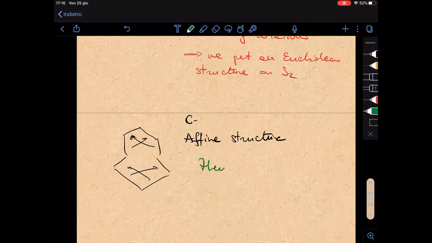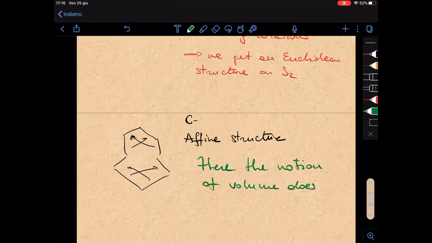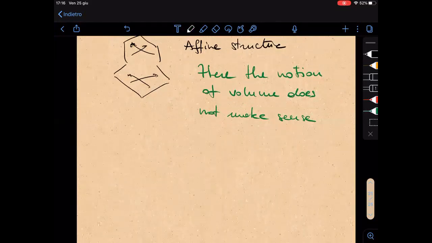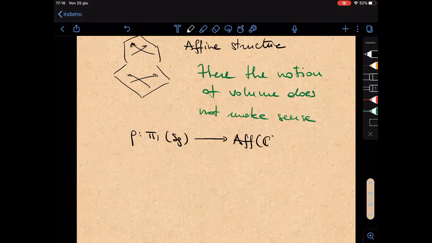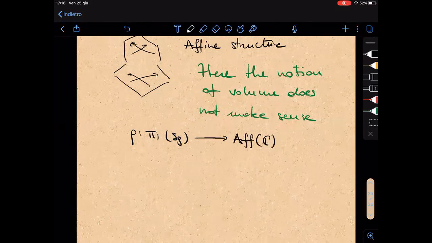So here the notion of volume does not make sense. Okay, so same kind of question. We are given a representation rho from pi_1 of G into Aff(C). Suppose we are given this representation, we would like to know when we have some structure associated to that. And there is this theorem by